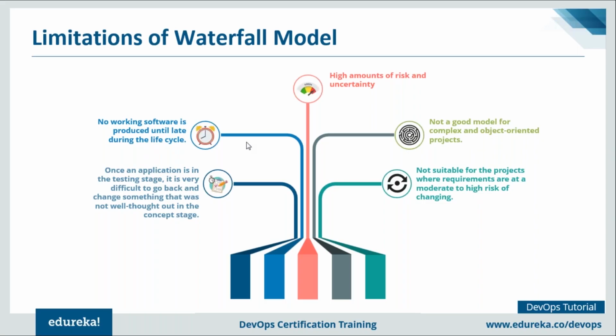So there's a question popped on my screen. It is from Jessica. She's asking, so all the iteration in the waterfall model goes through all the stages? Well, there are no iterations as such, Jessica. First of all, it is not agile methodology or DevOps. It is waterfall model, right? There are no iterations. Once the stage is complete, then only it will be going to the next stage. So there are no iterations as such.